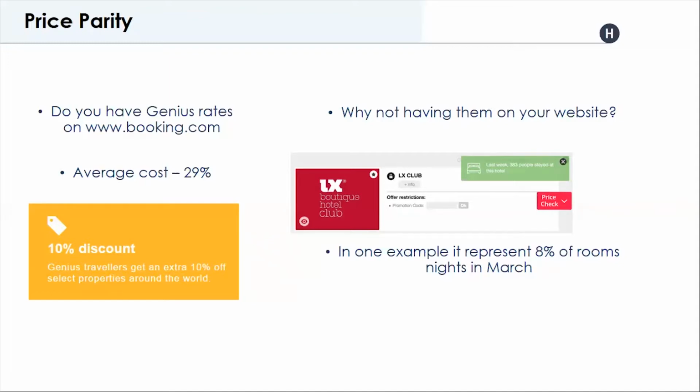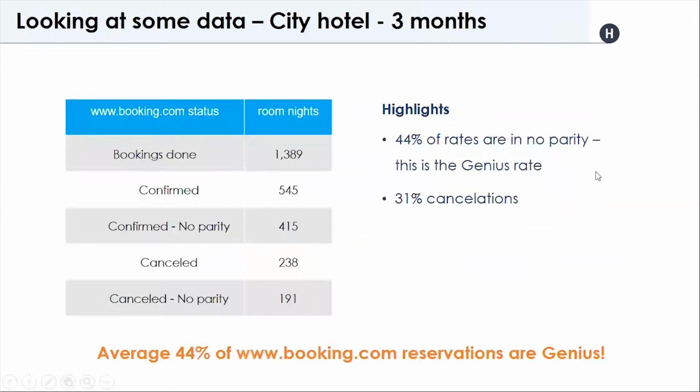If we move to the next slide, can you move to the next slide, Kornak? This slide is extremely important because it shows real data. This represents 3 months of bookings through Booking.com in a major US city. In fact, Booking.com brings a lot of room nights in terms of reservations, but the first thing that stands out is the number of cancellations. They also generate a lot of cancellations, 31%. And that's something we need to work on.